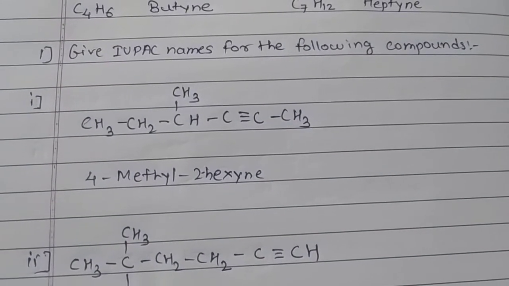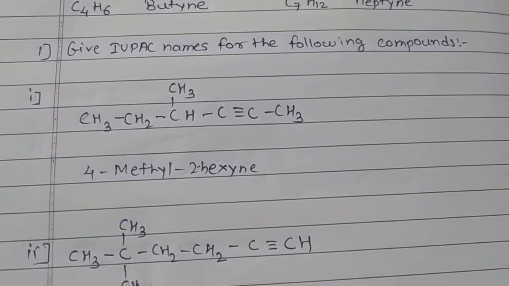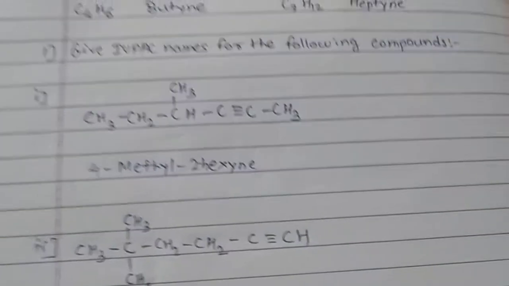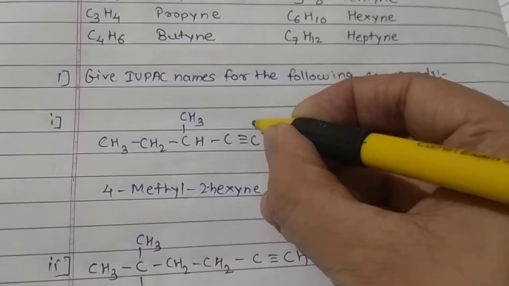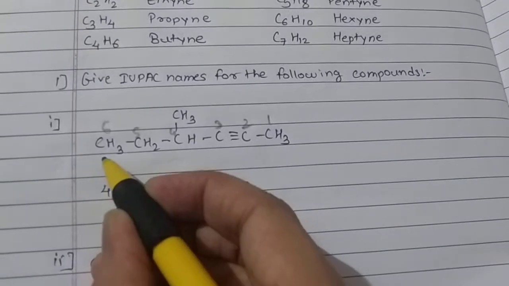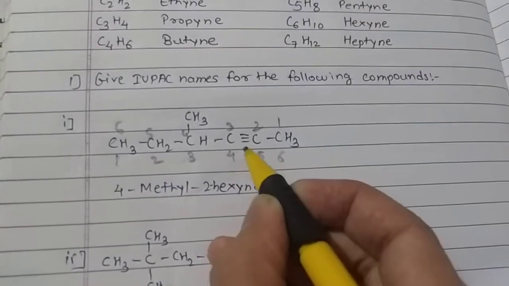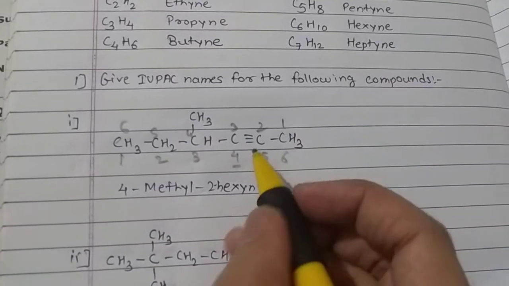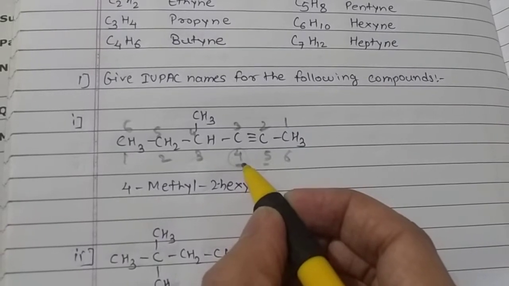And then we will see some questions. So first is give IUPAC name for the following compounds. So structure is given and you have to write down the name. So first compound, we will number from this side, carbon skeleton. We won't number like this because the triple bond comes in between 4 and 5, so it will become 4, less number. Okay, so that is more.